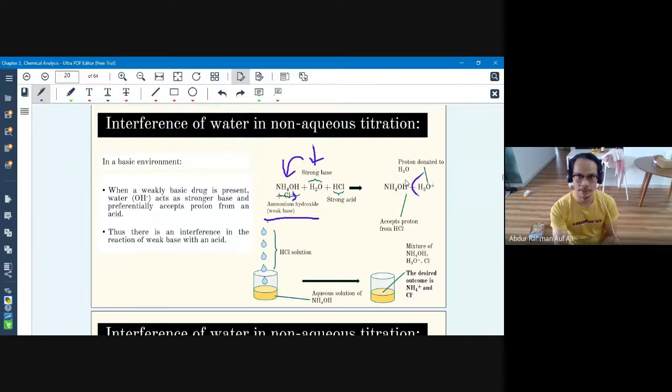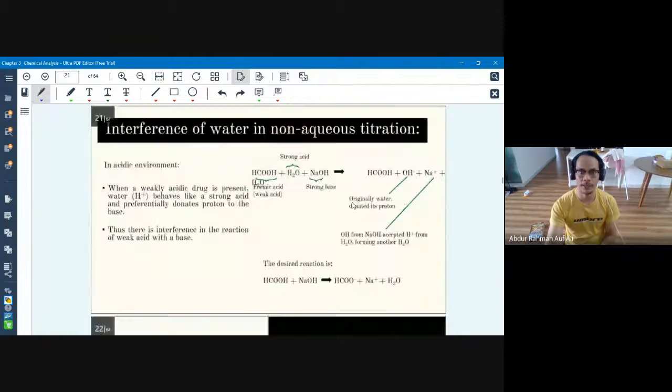So ammonium hydroxide does not change. So the end point that we get kalau kita titrate this is not the end point of ammonium hydroxide. Kita nak cari concentration ammonium hydroxide ni. Tapi kita akan dapat end point, but that's not the end point of ammonium hydroxide. That's not the equivalence point of ammonium hydroxide dengan HCl, but the equivalence point of water dengan HCl. Okay, so the same goes kalau kita titrate dengan weak acid.